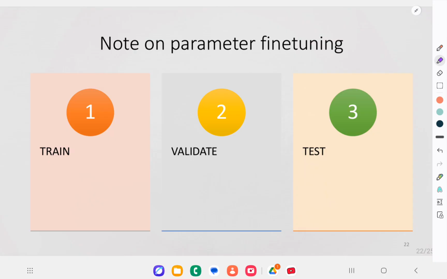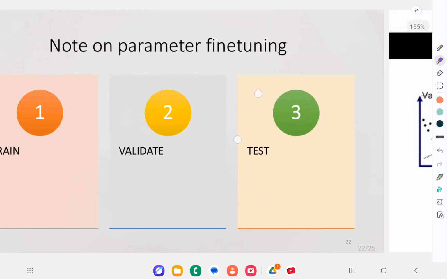This is where the validation set comes in, right? So we use the training set to build models under different hyperparameter settings, and then use the validation set to evaluate and compare them. The idea is to pick the model configuration that performs best on data that it hasn't seen during training, and that's the validation data, right? This tuning process is sometimes automated with tools like grid search or random search that systematically try different combinations of hyperparameters, and they track their validation performance.